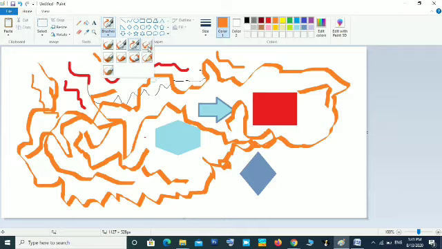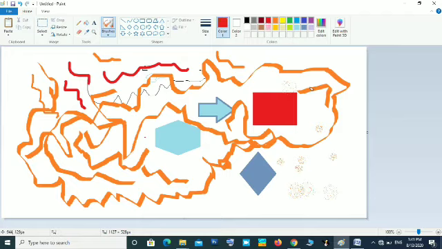Okay, then after that the airbrush, that is just like spraying the paint. So you can just click where you want. You can increase the size. For increasing the size you can use the Control key and plus on the numeric keypad, so that the brush size will be increased. After that select the color that you want to airbrush, then you just click where you want to spray that paint. If you click 2 times, it will become more concentrated.